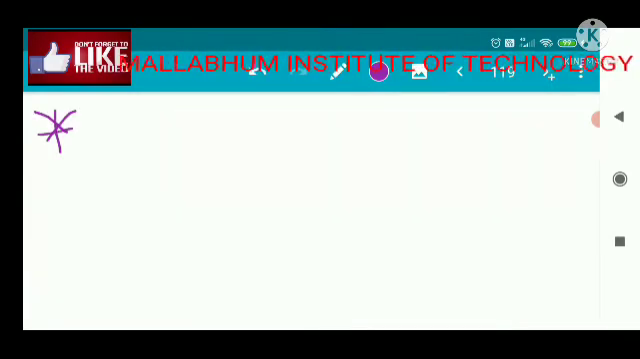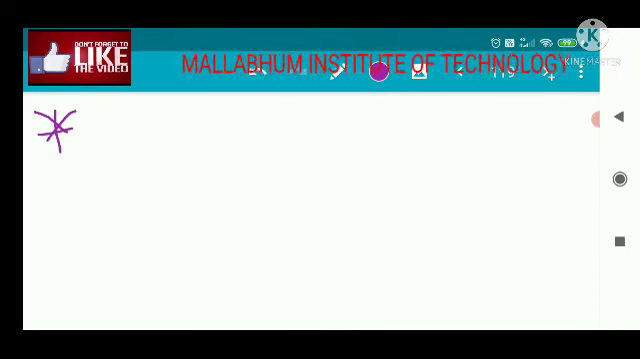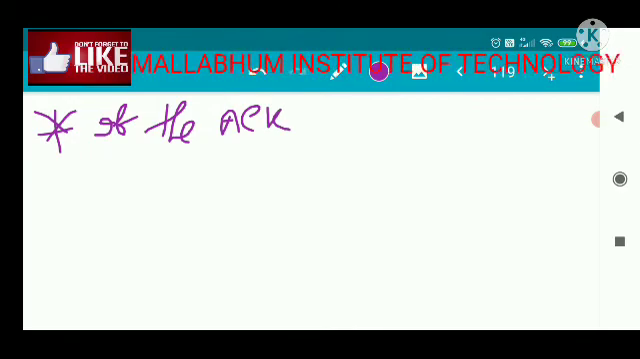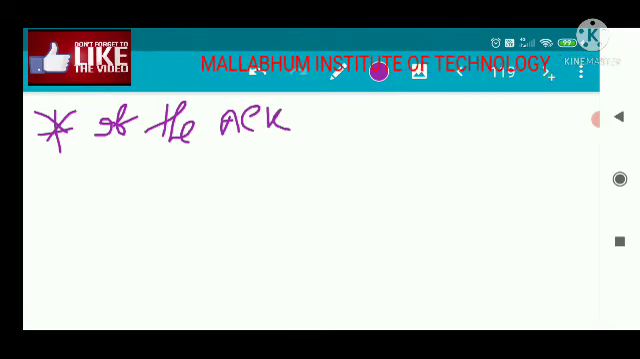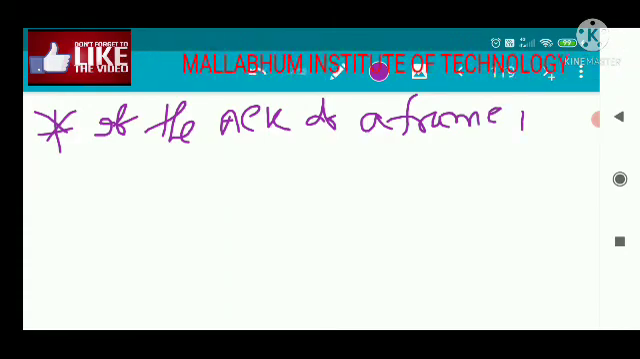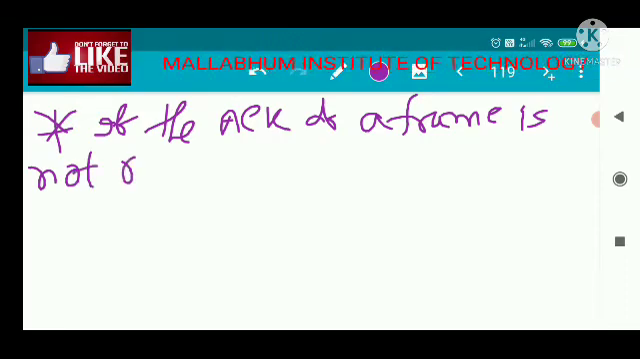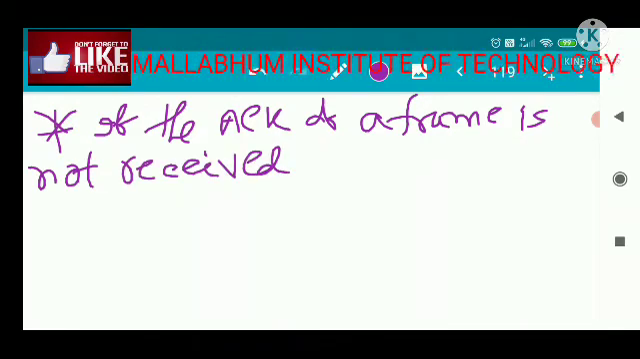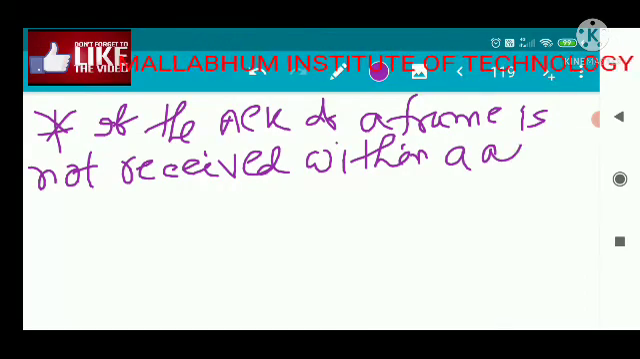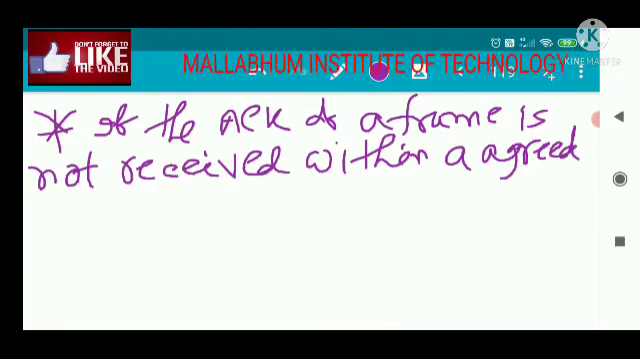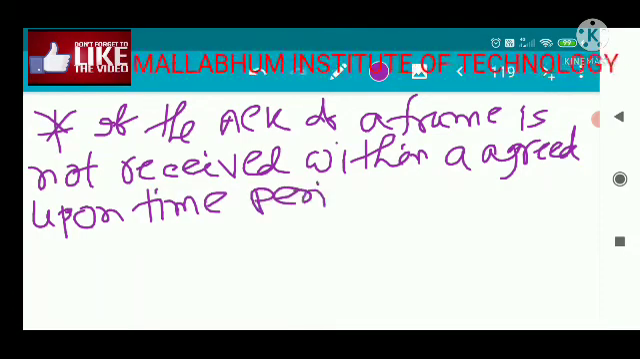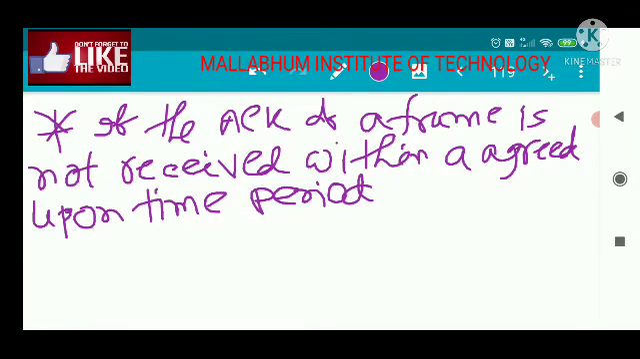The next characteristic is that if the acknowledgement of a frame is not received after sending the window size, suppose the window size is 4, so after sending 4 frames at a time, now if the acknowledgement of the first frame is not received within an agreed upon time, within the timeout period of the sender, within the agreed upon time period,